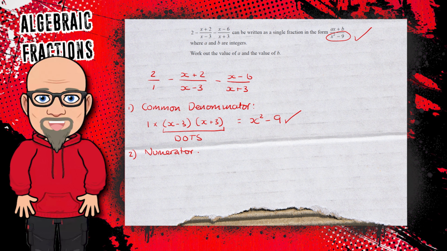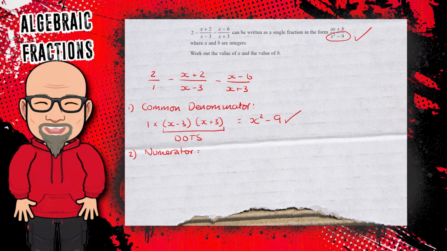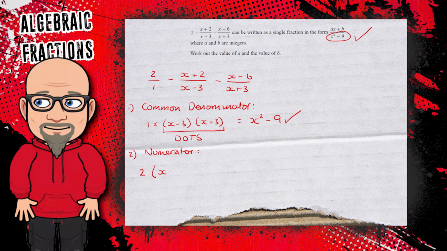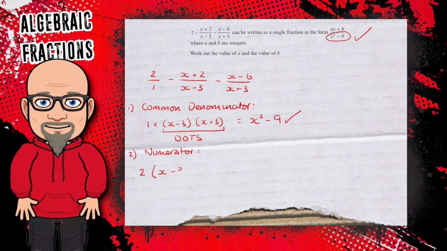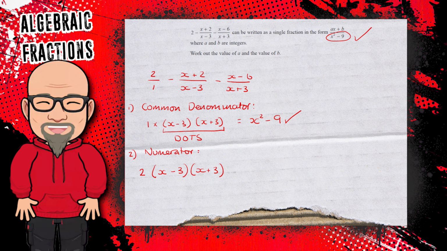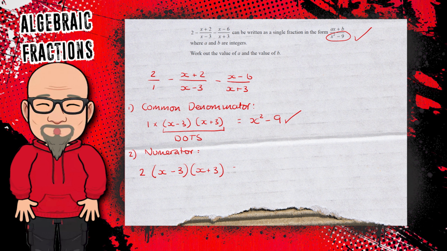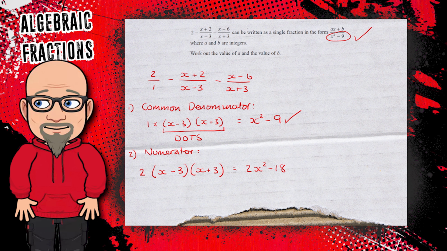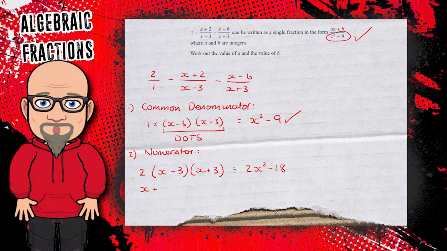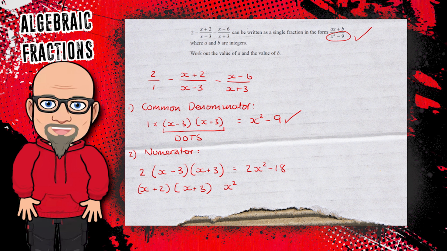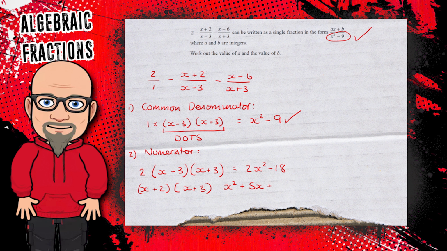Now we need to work out the numerator, and it is definitely worth taking your time with this because there are many ways that you can go just that little bit wrong that throws your work right out the window. So the first step is going to be to multiply the first numerator by the 2 denominators, which is going to give us 2x squared minus 18. Then we have